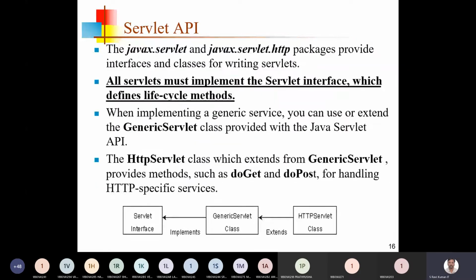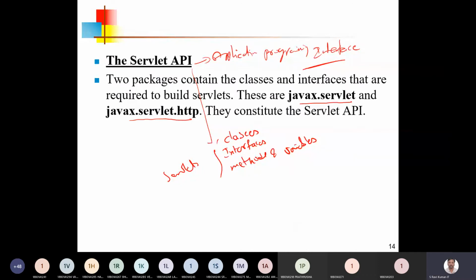Generally, there is a simple hierarchy for servlet inheritance. There is an interface called servlet. From this interface, we have two different classes, GenericServlet and HttpServlet. Servlet is an interface.